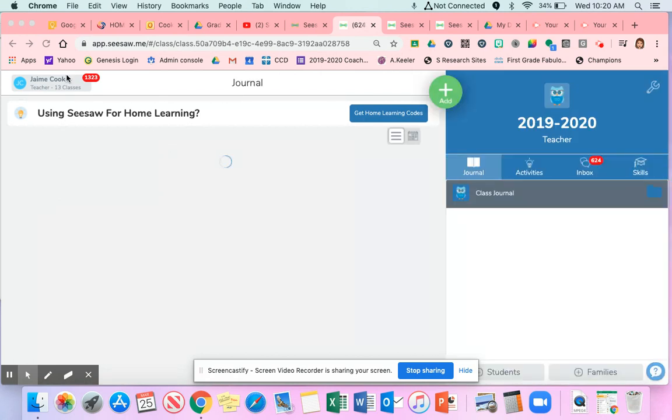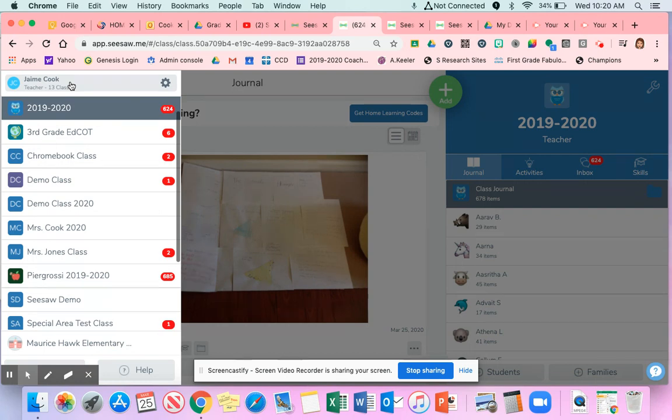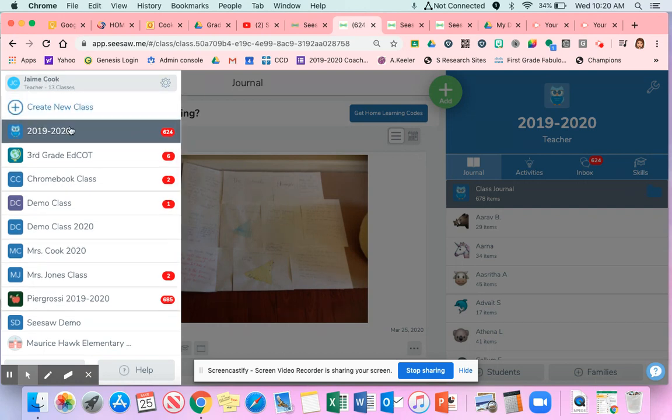Once you're in, if you don't have any classes, it will prompt you here to set up your class. But on the top left side where your name is, this is where you can see all the classes that you are a part of. Many of you will just have one. If you're special area, you might have a bunch of them like I do. We have Seesaw for Schools, so you can be in more than one class, plenty actually, so you don't have